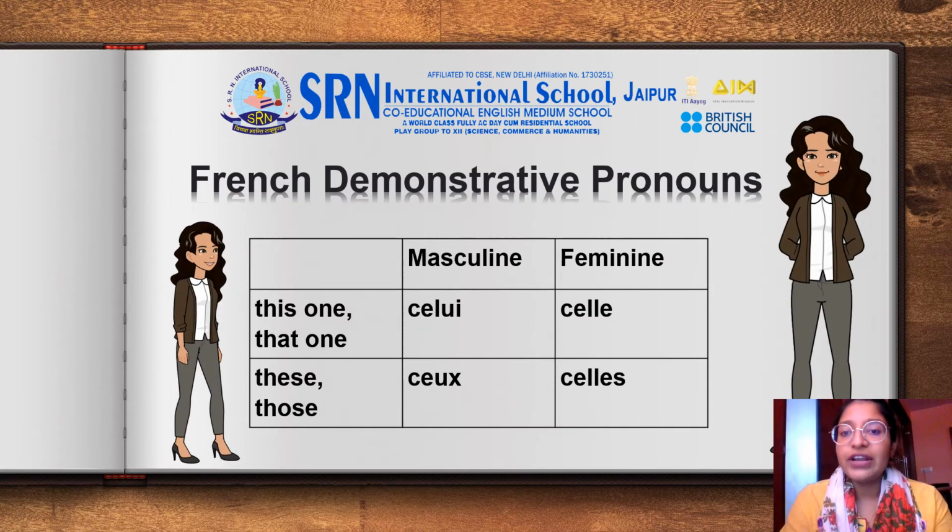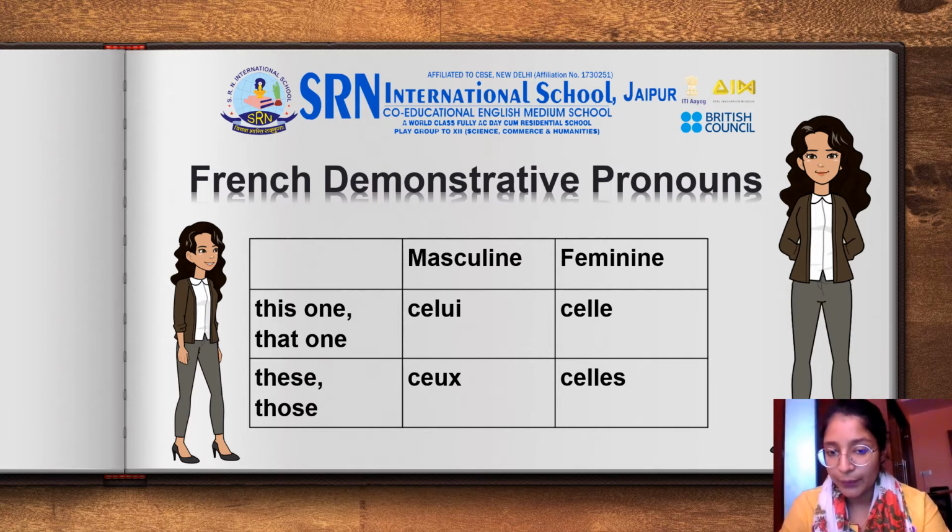Now, the French demonstrative pronouns. For this one and that one, you use celui or celle as per the gender of the noun. For these or those, that is for plural, you use ceux or celles. For example, if your noun is masculine singular and you want to use this one or that one, you will use C-E-L-U-I, celui.